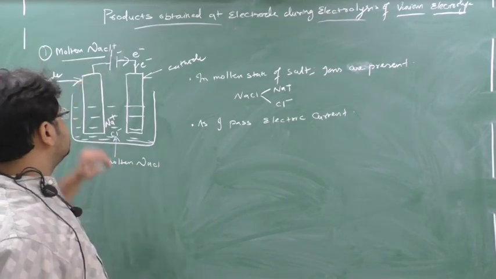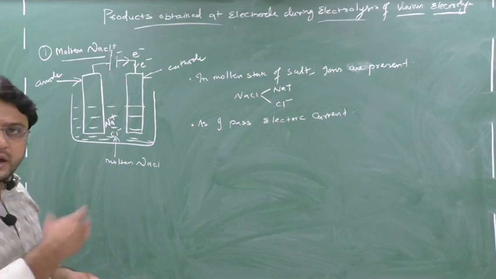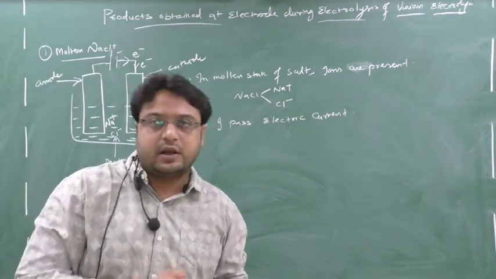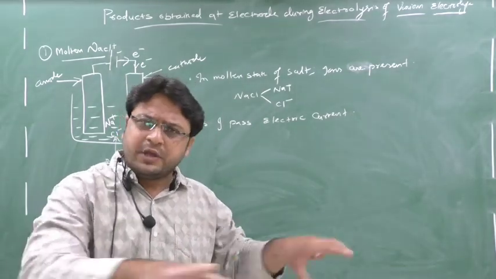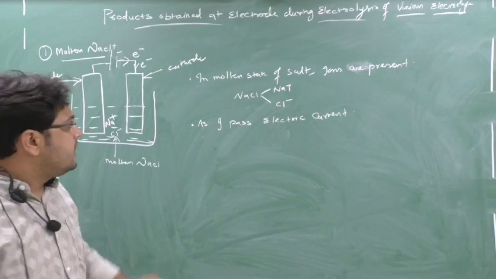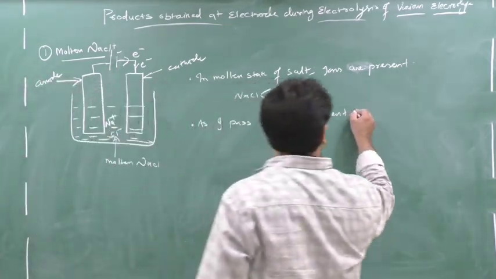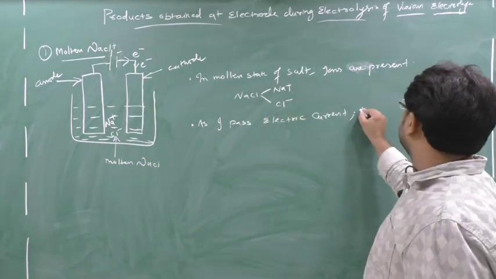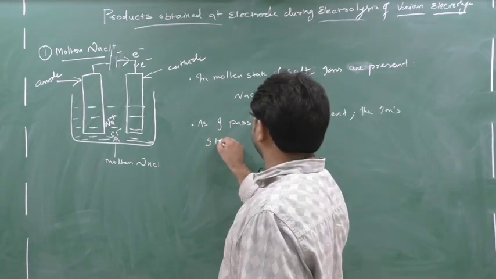See, before passing the current, this beaker containing NaCl has the ions Na plus and Cl minus, and these particles are randomly moving here and there. But as and when I start to pass the electric current, the random motion stops and the ions start to move